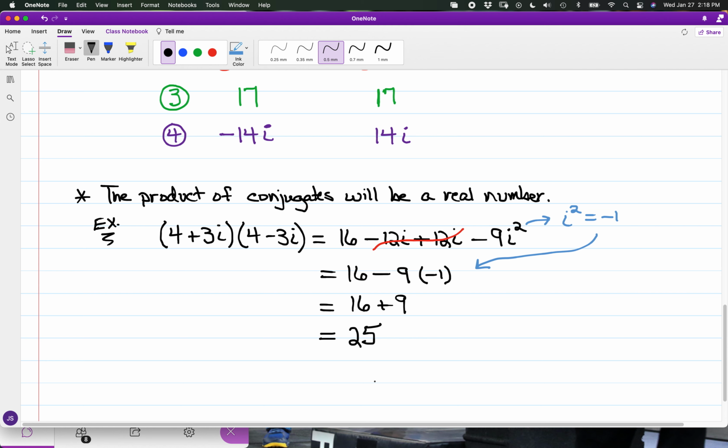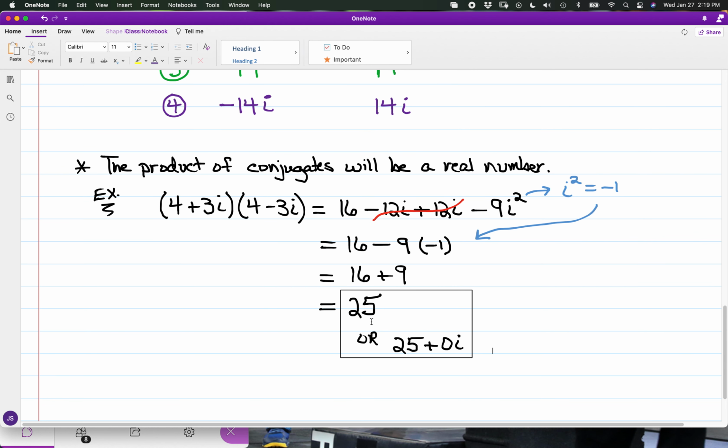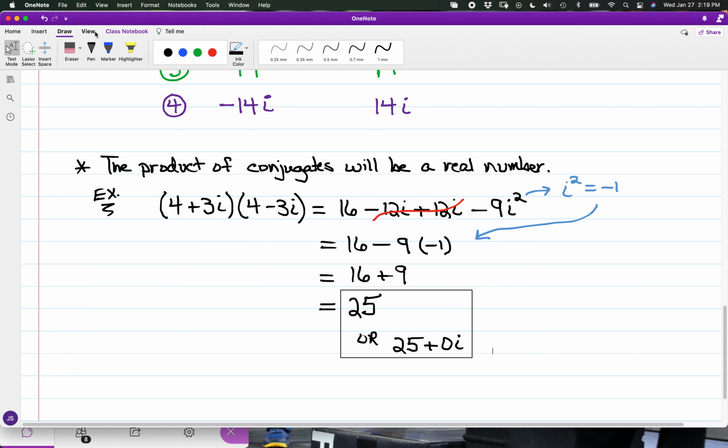And if I had to display this another way, giving the i term, just depending upon what is asked for, if I had to give what represents bi explicitly, representing 0 would just be 0i. Still, the result translates to 25. All right, and in the case of conjugates,